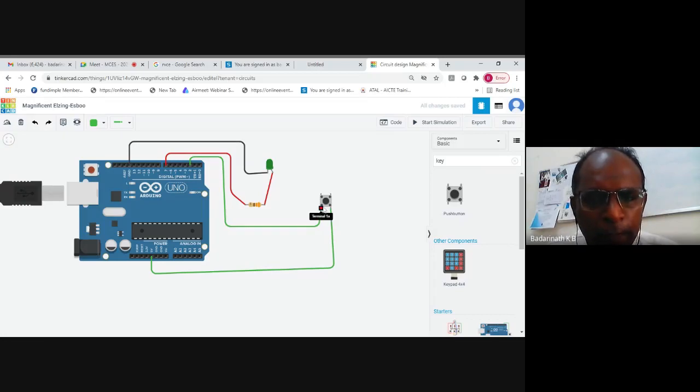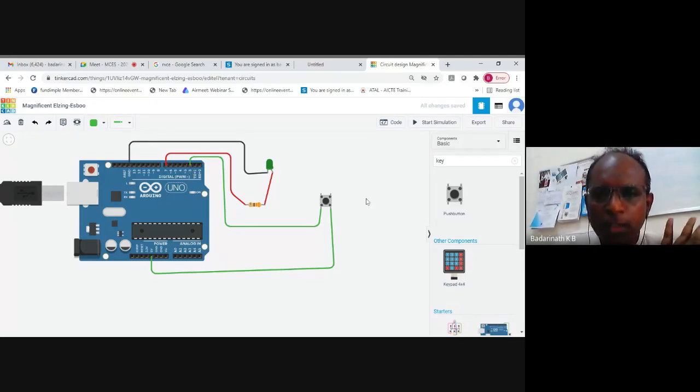A floating point or a floating signal is one where it can be 0 or 1. It can be anything. It depends upon the noise also many times, because a floating pin or a floating signal can carry any voltage. It is not guaranteed that it's 0 or 1. In some microcontrollers, they have given in the documentation that if a pin is not connected to anything, it is internally pulled up. That means it always gives a meaning of 1. So you have to read the documentation. If I am using the pin as an input and it is not connected, is it assured 1 or not? You have to find out from the documentation.